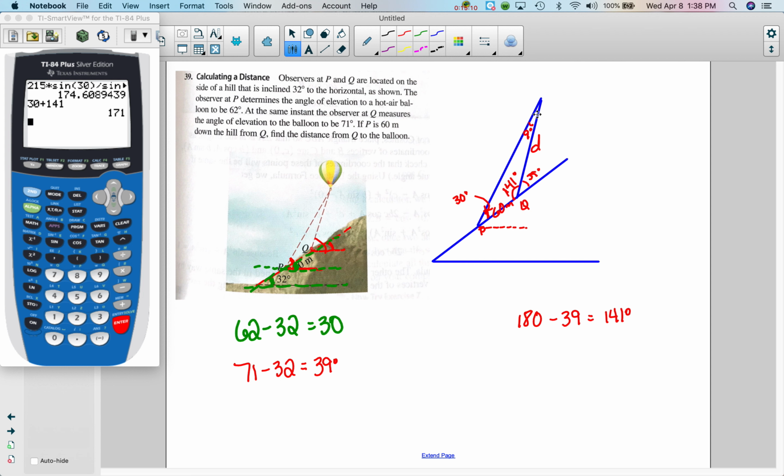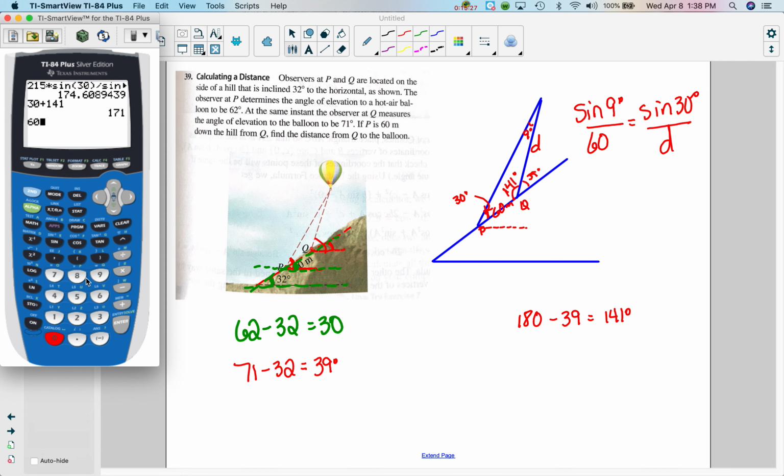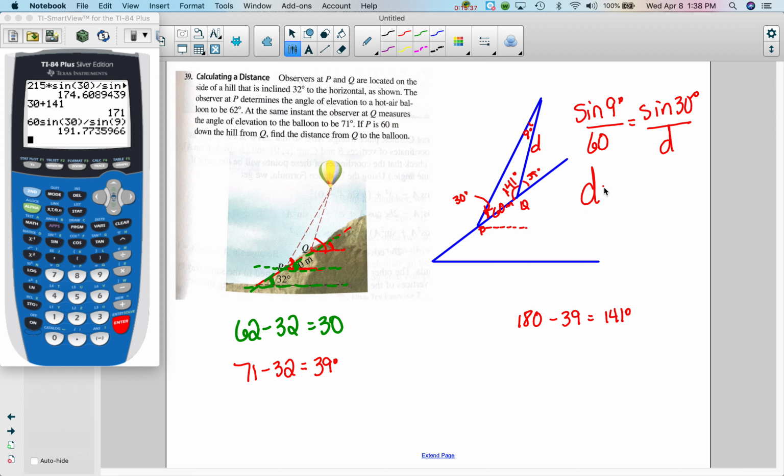So now that I have those parts, I can use the law of sines because I have sine of 9 degrees over the opposite side, 60, equals sine of 30 over d, which is what I'm trying to find. So if I take 60 sine 30 and divide by sine 9, I get approximately 191.8, and that would be